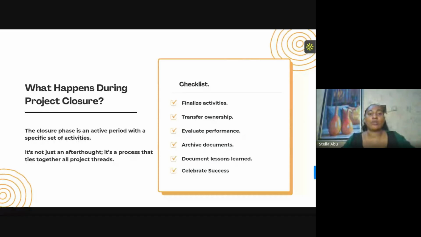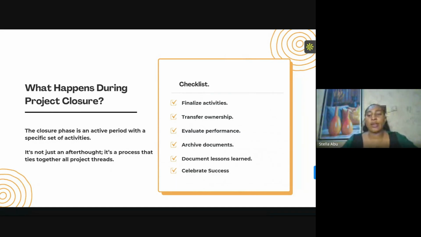That's why we are saying, what can we do? What can happen within project closure, right? What happens during this time? What are the things we can do, right? So we've discussed now the challenges, but also what are the things we can also do